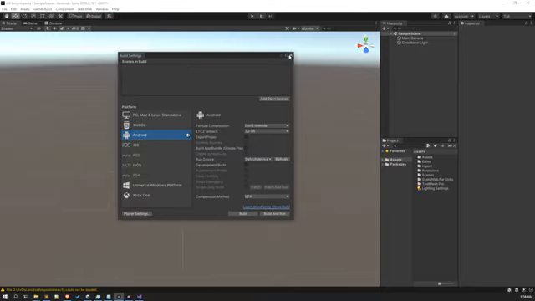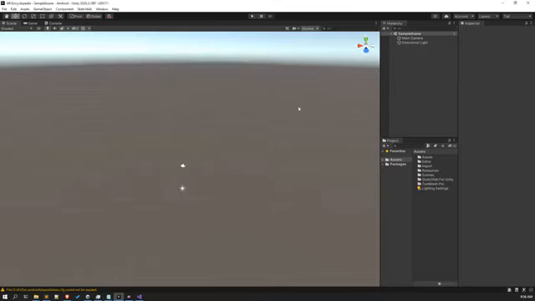All right. Now what I want you to do is import the Vuforia engine. You already know how to do that, and I have already imported the Vuforia engine because it's going to take a lot of time to import in my system. If your system is fast, it's not going to take so much time, but in my case it took a lot of time. So I have already imported it, and you already know how to import it. All right, so now